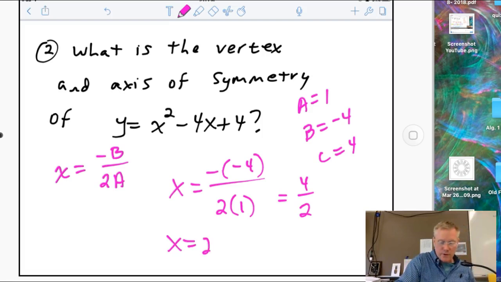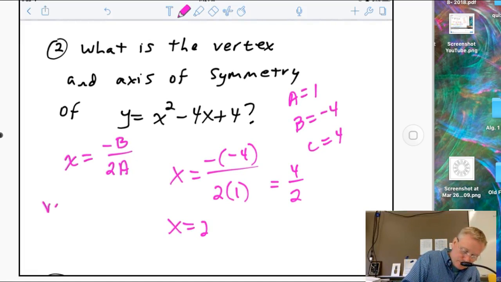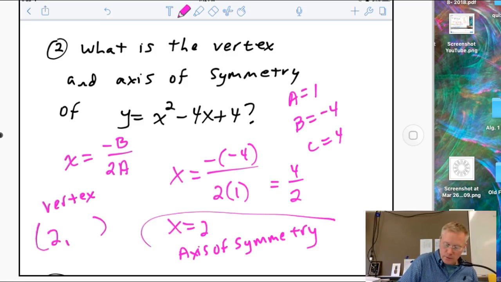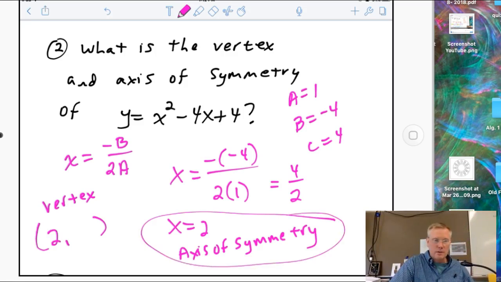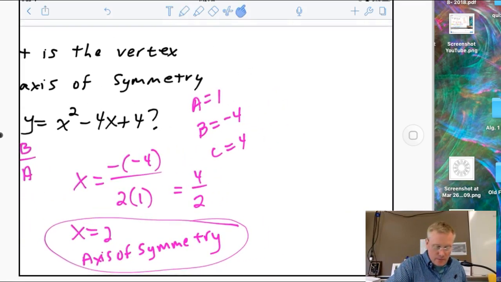Now remember, this is the vertex they want, which means that's the x-coordinate, and I also need the y, okay? This, however, is the axis of symmetry. So it's nice when you get that because you already got one of the answers and it's half of the other answer also. All right, so for me to find the y-coordinate of the axis of the vertex, rather,